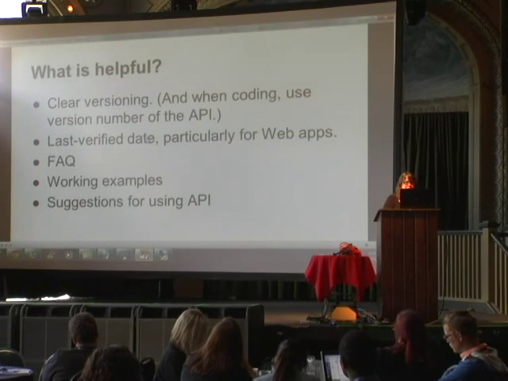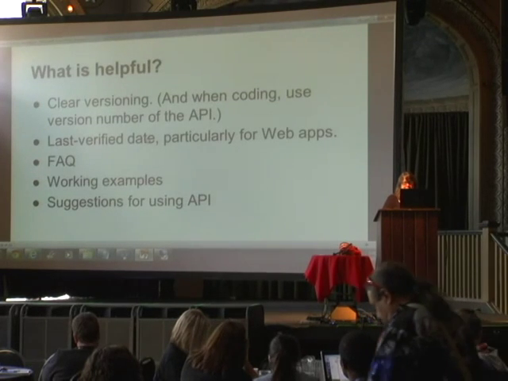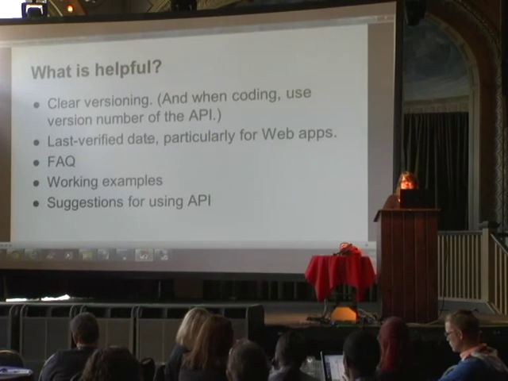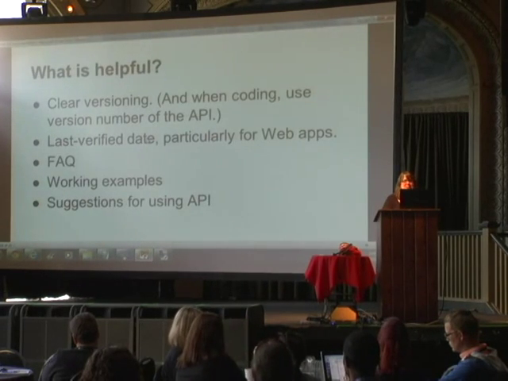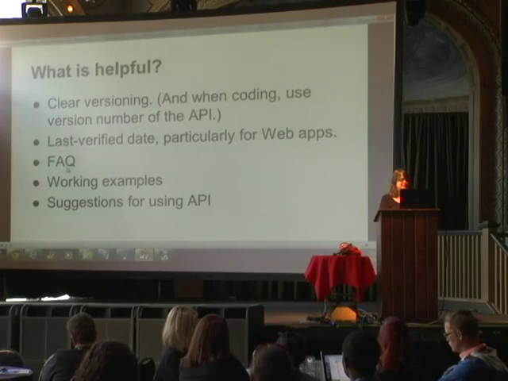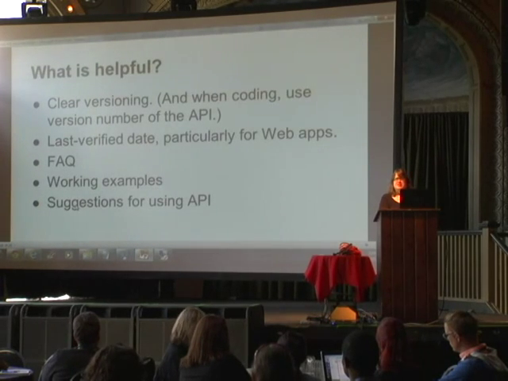Now I have to say I failed on this point, because the first sample that I put in the documentation was supposed to work because it was extremely similar to something else, but I didn't quite have time to test it, and it didn't turn out to work the way I thought it would. So I think it's very important to verify it, whether it's a QA department or another person on your team. And then of course mention the FAQ, the working examples, and suggestions for how to use the API. Again, maybe it's obvious to everybody, but most likely it's not.